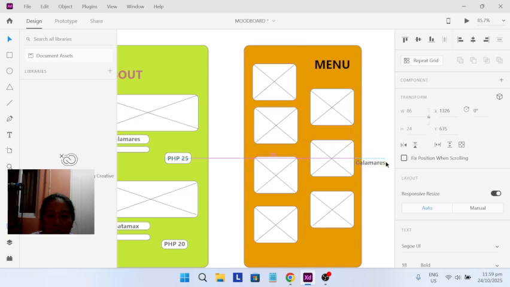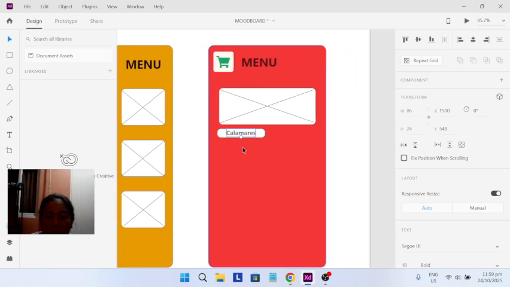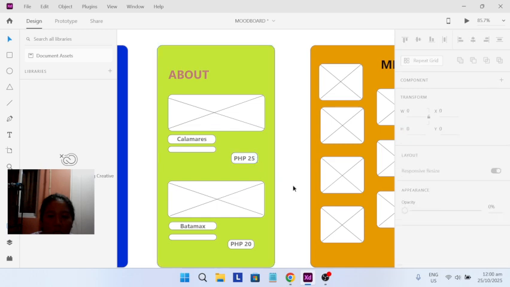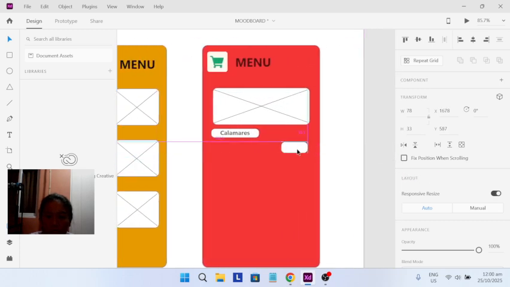And kunwari, ang in-order nyo is betamax calamares. Calamares.